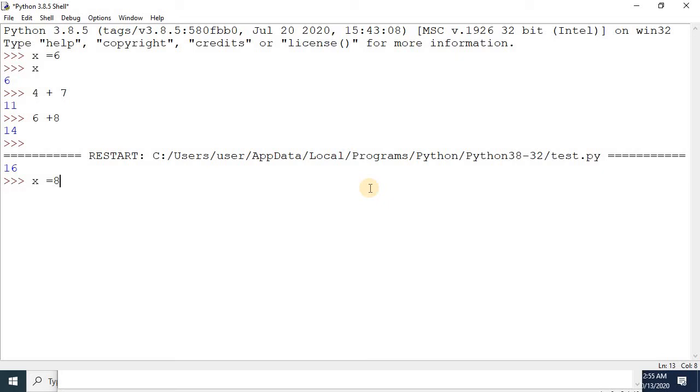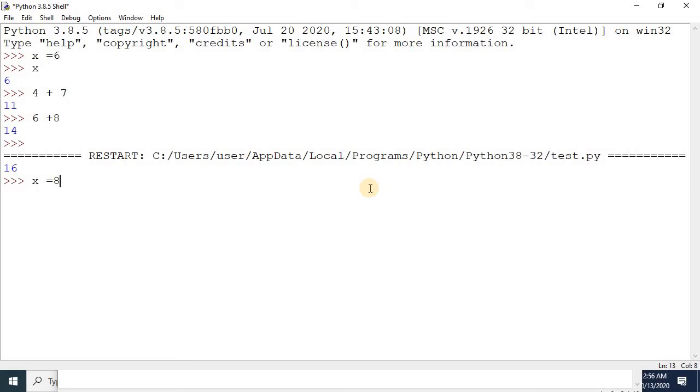What is an identifier? Identifier is the name of any variable, meaning the one who identifies. The name of any variable, name of any constant, name of any function, name of any module. Like we just saved a file by the name test. That is the name of the module, the name of the file, that is an identifier.